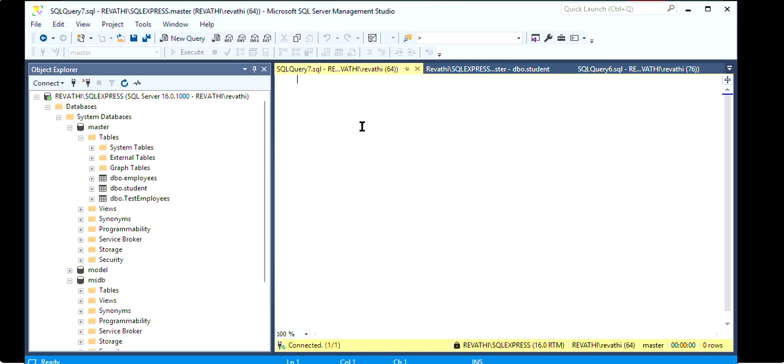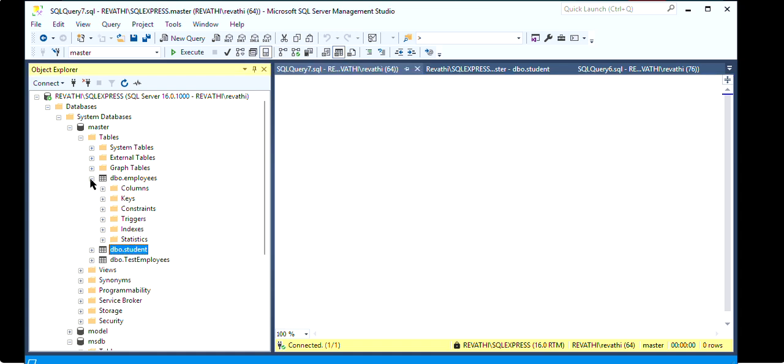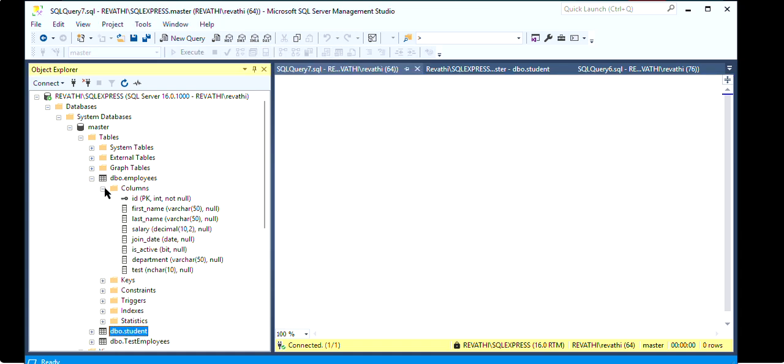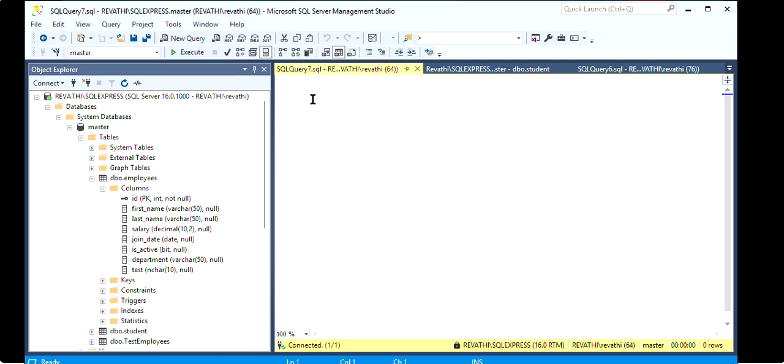Let me do a select query using these arithmetic operations. So before that, let's see, we have already created an employee table with columns like this, and we have a salary decimal value. So if I wanted to implement a calculation of a 10% bonus for each employee, I have a query like this. We can fetch first name, last name, salary, and then the bonus. So I need to write a 10% bonus. So select